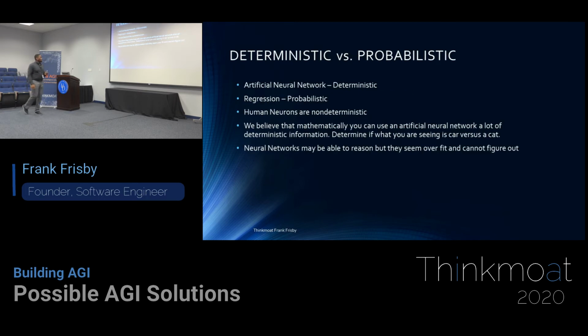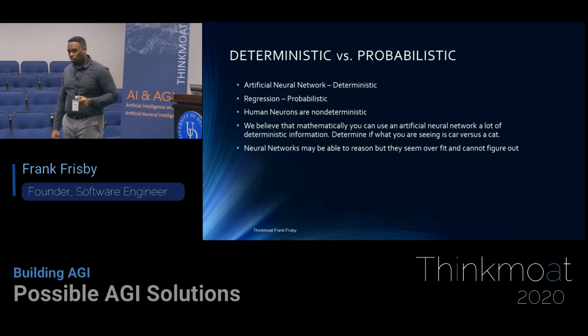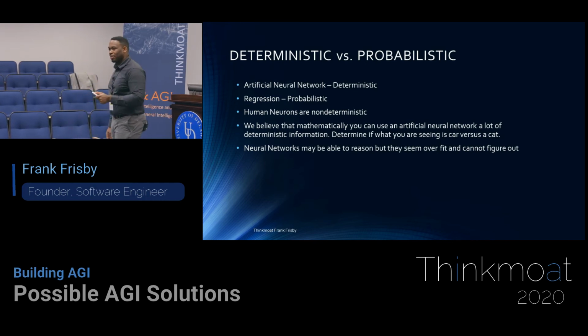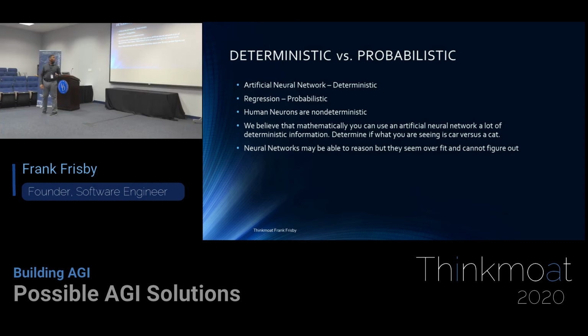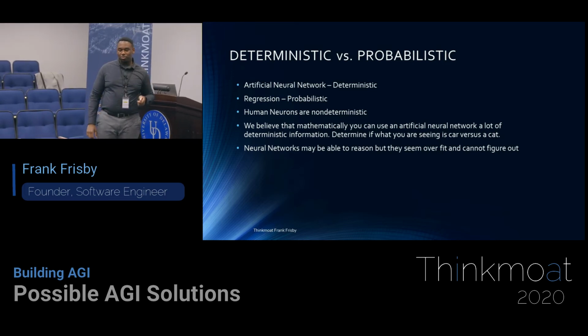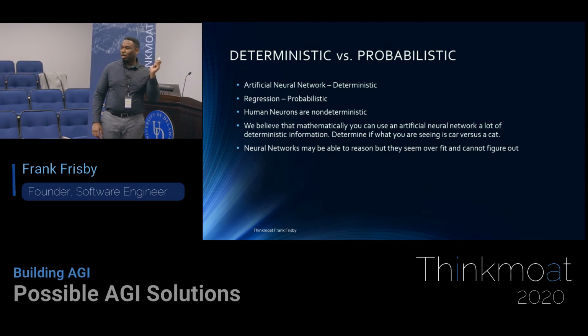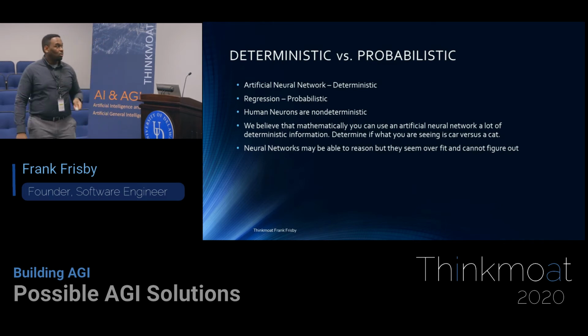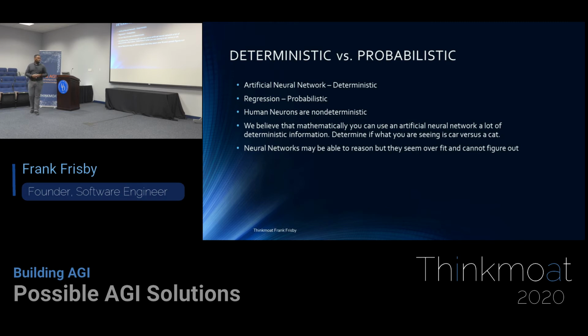All right, so again, deterministic versus probabilistic. Artificial neural networks are deterministic. And I said that the concept of human neurons is non-deterministic. That means that what we think in one state may not happen again. So we have an efficient artificial network that works perfectly well, but when we actually think about how people think, we're not that way. So you can't build a system to do exactly that. You can't use artificial neural networks in their current state, with current technology. We have to figure out a way to understand how people work.